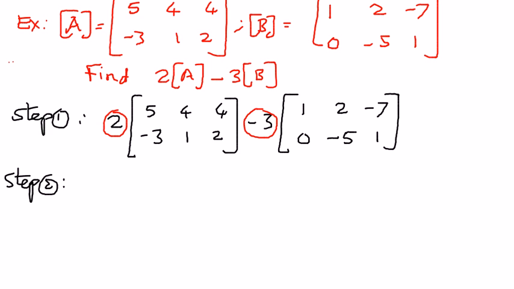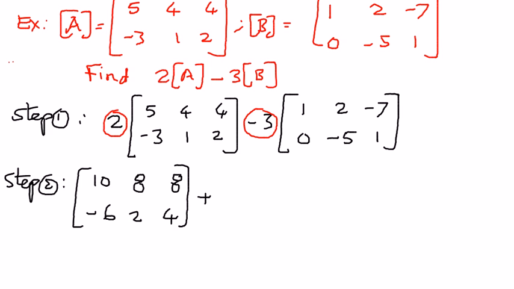In here, 2 times 5 is 10, 2 times 4 is 8, 2 times 4 is 8. In the first row, we got that. In the second row, 2 times -3 is -6, 2 times 1 is 2, 2 times 2 is 4. We got all the elements in the first matrix. And in the second matrix, we can leave